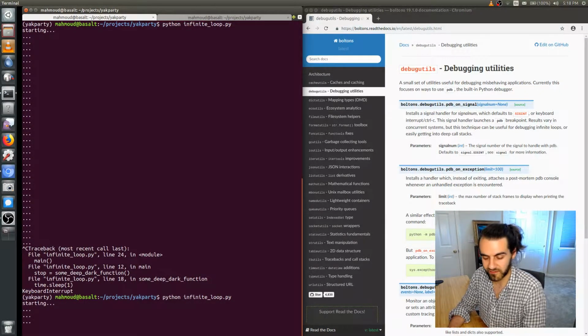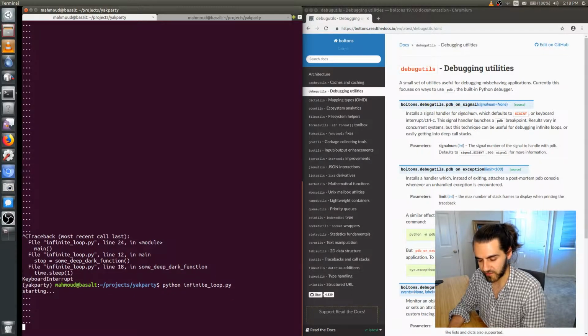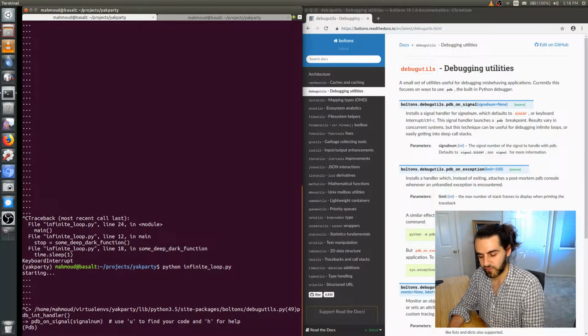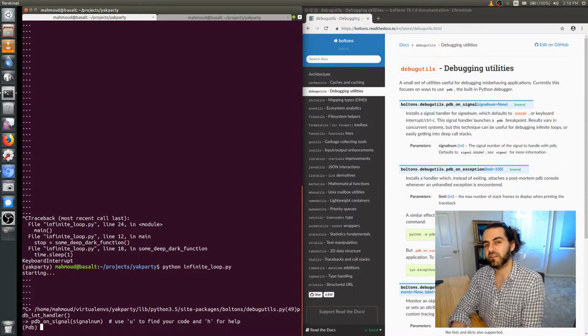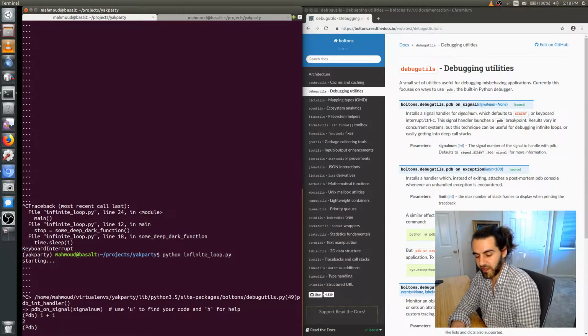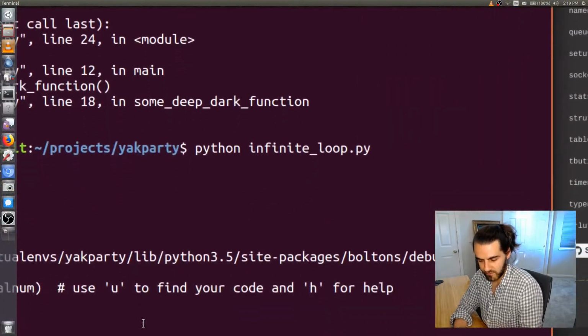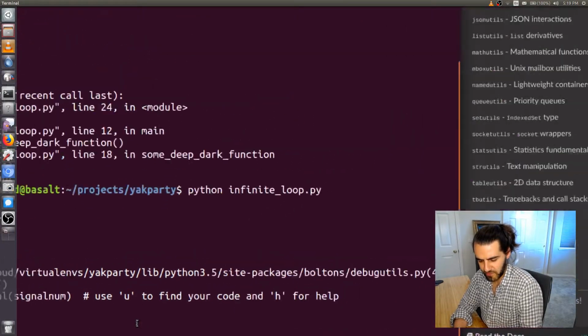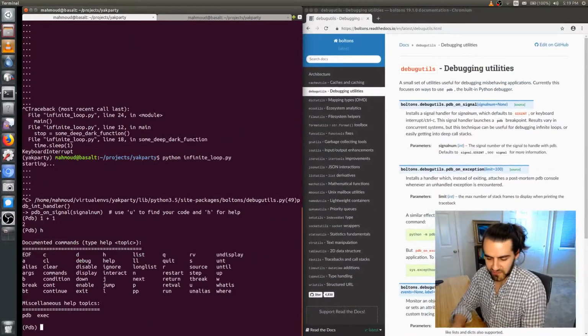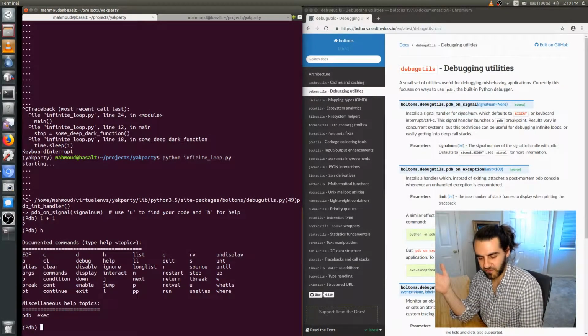So here we are, still got our stuck program. If I hit Control-C, well, wouldn't you know it, there's PDB, and here we are. It's like a REPL. You can run Python code in here. It basically tells you what you need to do. It says use u to find your code and h for help. So basically, if we run h, you get this whole output telling you to do a bunch of different things,